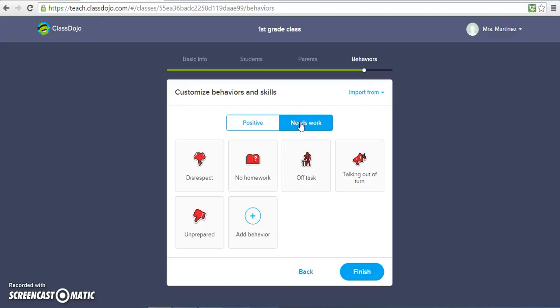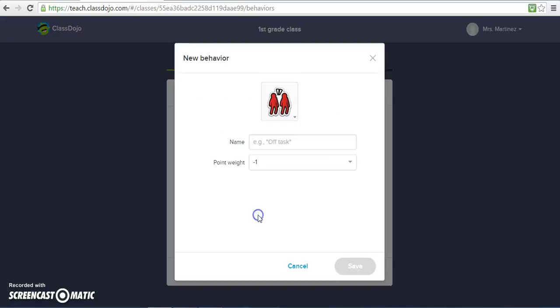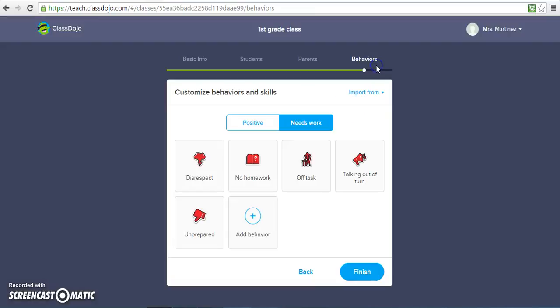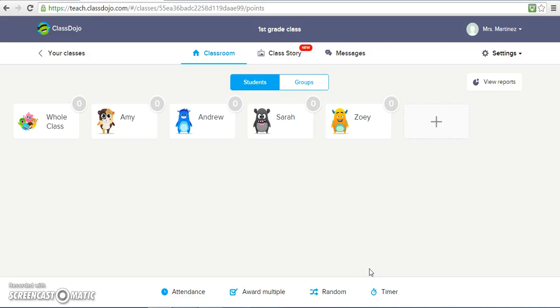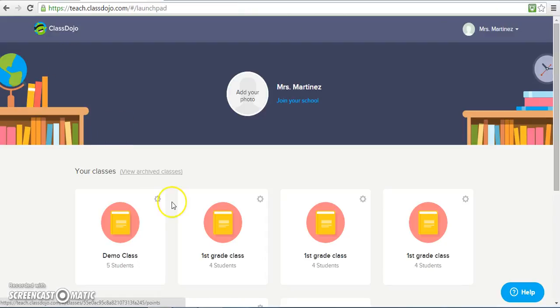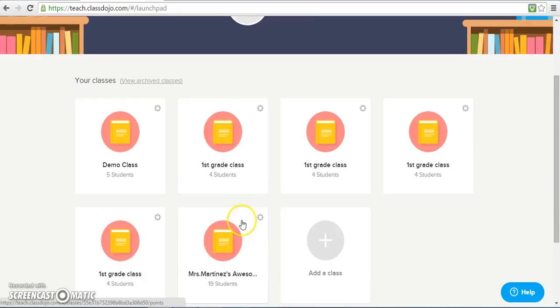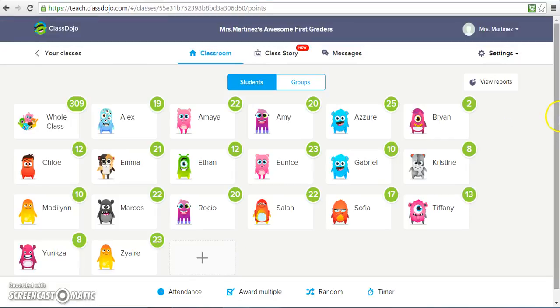For needs work, they also have ones already there for you. They have disrespect, no homework, off task, talking out of turn, and unprepared. And again, you can go ahead and add a behavior that fits for your classroom and your classroom rules, and you can change the points. You can also edit the ones that they already have and change the points. So once you're done with that, you'll click Finish, and then your class will appear. I'm going to go ahead and show you my class. So here's my class,